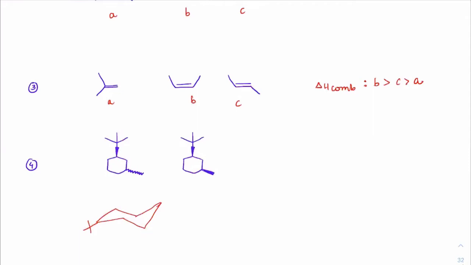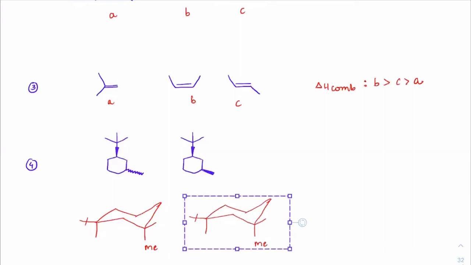Normally how do we have this structure? We will have the equatorial form and the axial form. Here axial positions would be cis to each other, and equatorial positions will be cis to each other. Here it is given as a trans form, so the methyl would be on the axial position. In the second case, these two are cis to each other, so this will have methyl on the equatorial position. Which is more stable between these two? The second one is more stable.